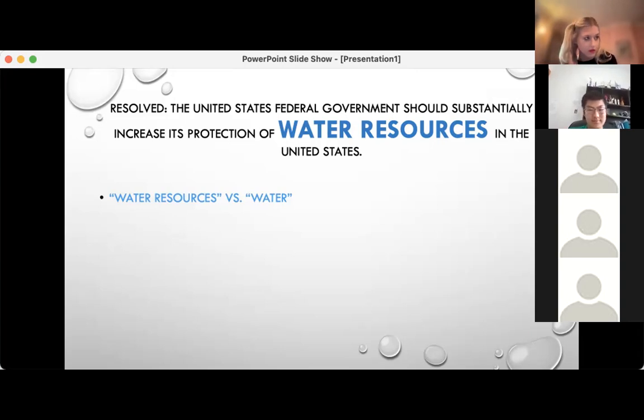Supplies, good. So things that we would extract from the water, or even extracting the water itself so that it becomes a supply. Good. So it's no longer just H2O. Now it's a water supply. Turning a body of water into a water supply source for humans is an example of turning water into a water resource. Good. So both of these are good examples.